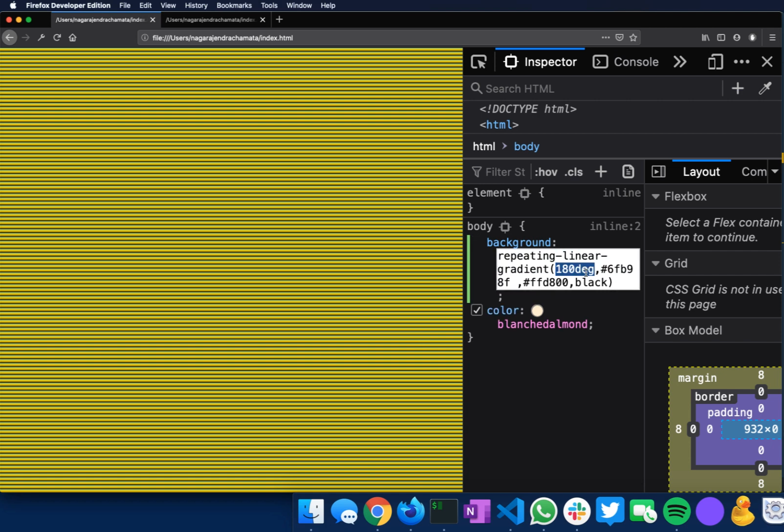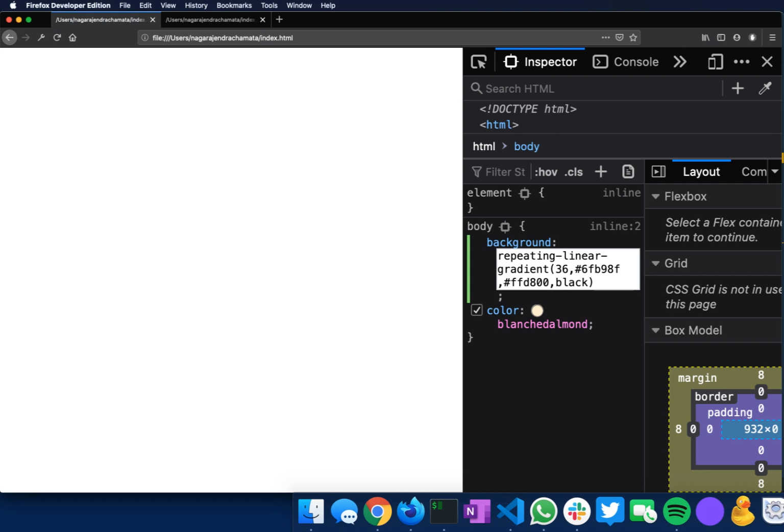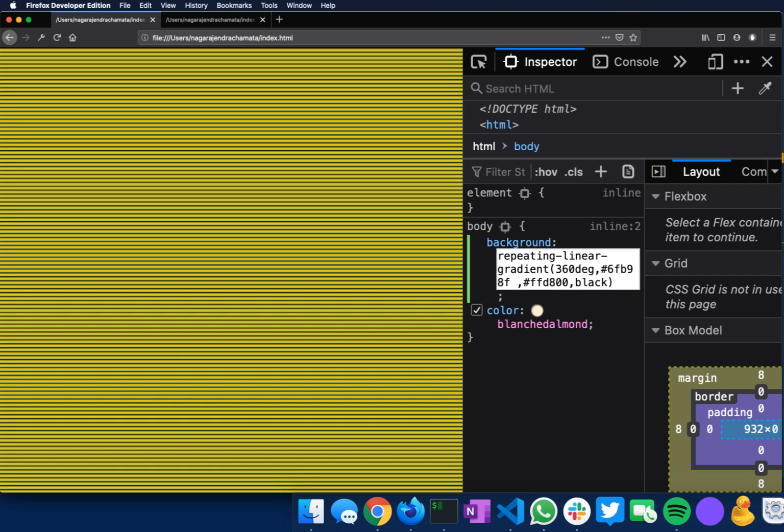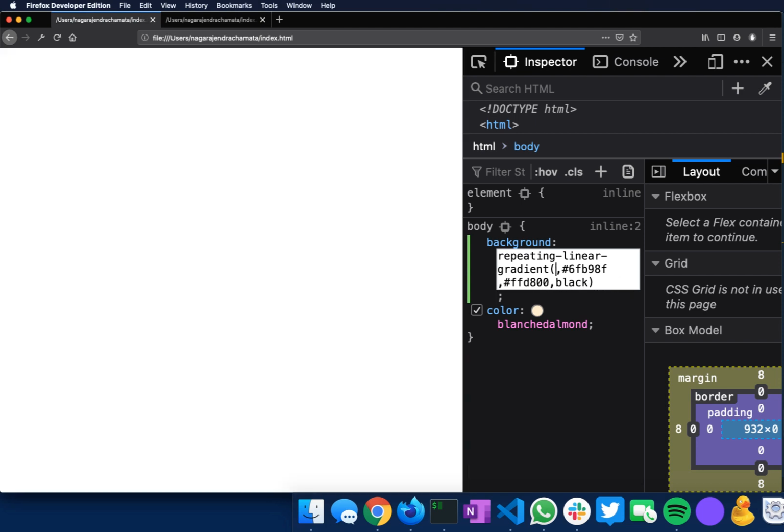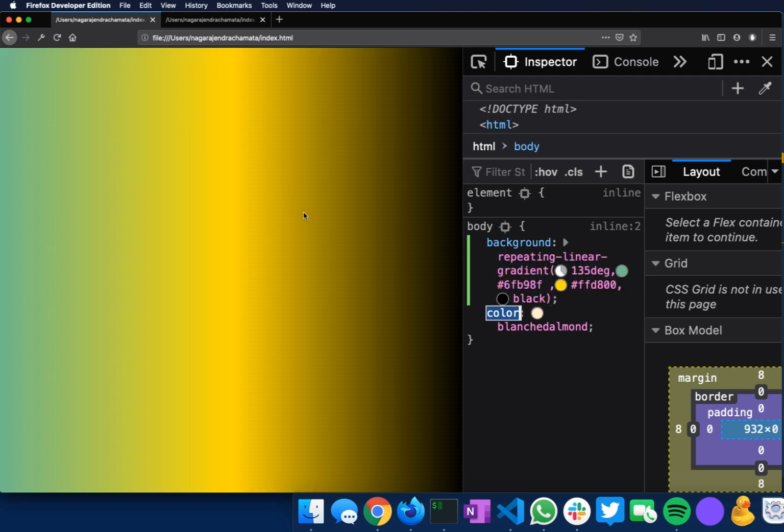So you can just play around with this with 360 degrees and see how it looks. 360 looks the same. 135, yeah, wow, this is pretty cool. You can see those horizontal lines. You might be thinking, can we have this behind a text? And yes, you can have this behind a text, but what you need to do is use something called web